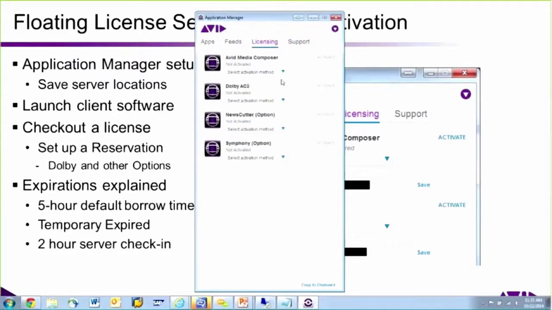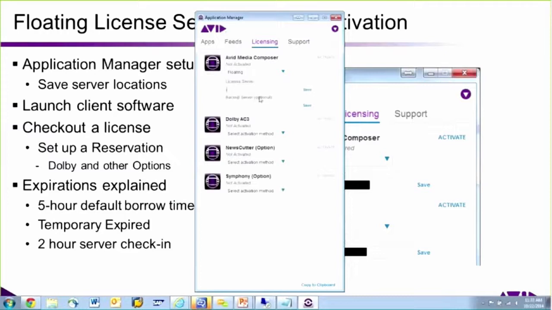So back on this licensing tab, you've got a few different activation methods. There's online activation, offline activation, and floating. So here we're concerned with floating. If we click that, we've got license server option and then backup server option. Backup server is optional. So license server, you're basically putting in the host name of each server, or you can use the IP address. So in this case, host name of my main server